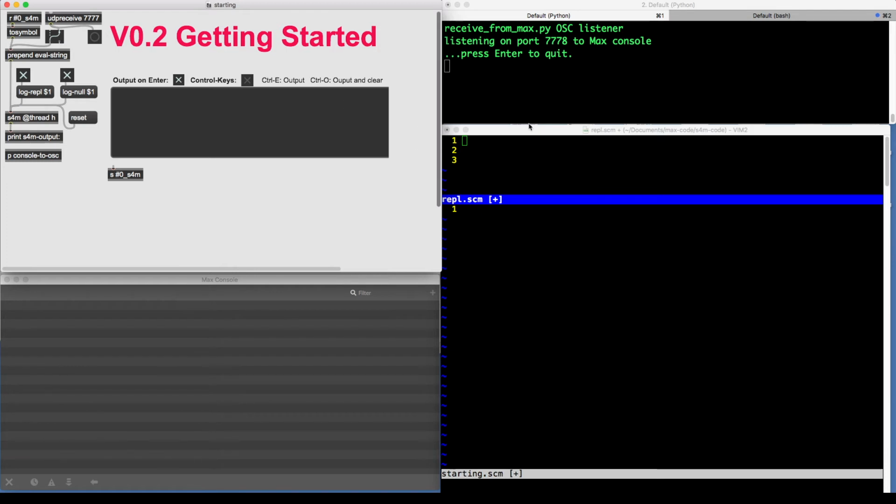And in this particular video, I'm also demonstrating a new way of working with it that I've cooked up using gvim as my editor. So of course you can still use the built-in bpatcher, and you can send messages to the Scheme interpreter just from normal Macs messages. But what I'm doing here is I've got an OSC listener that takes input from my Vim buffers. And I put in some key remapping, so if I'm on a Scheme expression, I can simply say "E", and it is going to go over the network into the interpreter, and we can see it